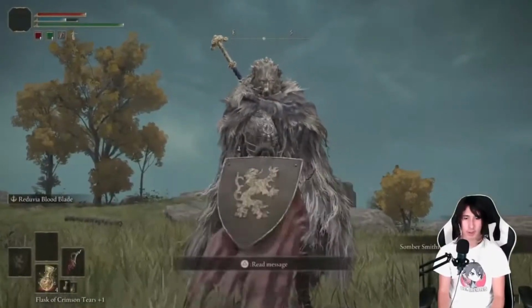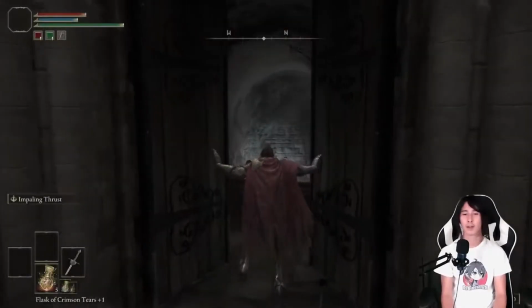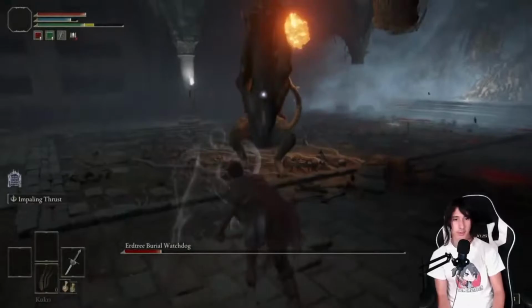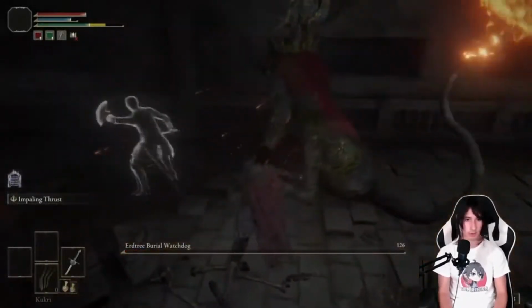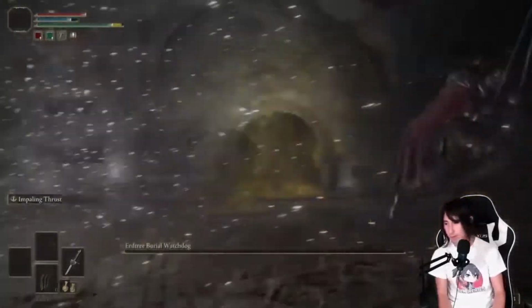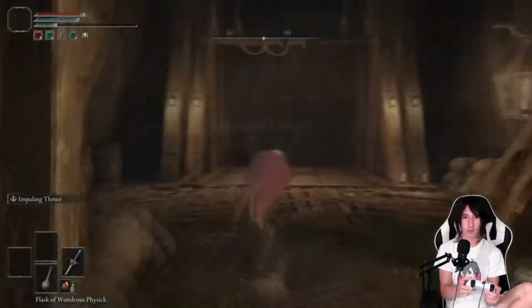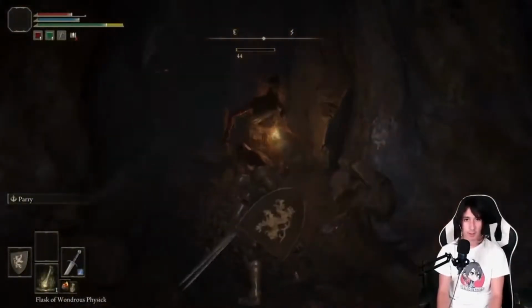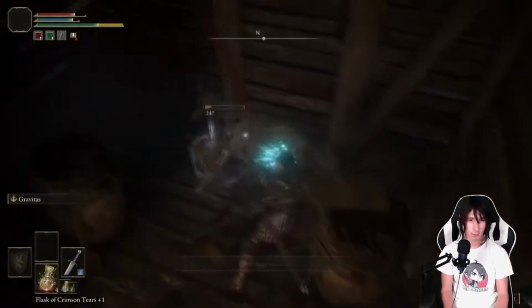So we went through, we've gotten a lot of great stuff. Now it's time to get ourselves a +3 weapon. So I first started off by making my way to Stormfoot Catacombs, and we take down the Erdtree Graveyard Burial Watchdog dude. He's not too difficult, and like many, he is an oddly simple robotic type boss. After he's down, I go to Limgrave Tunnel, where I'm able to pick up many different types of smithing stones, and also get my hand on some glintstone scraps, which although I won't be using, still will be helpful for